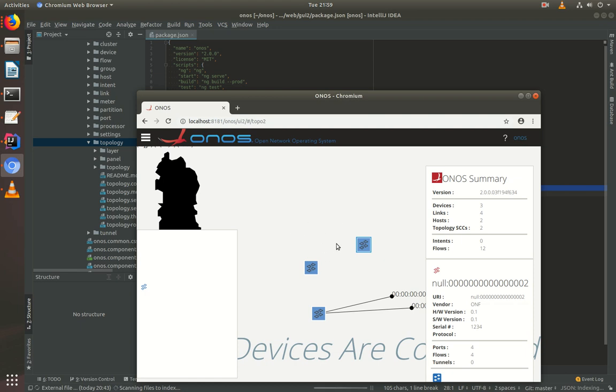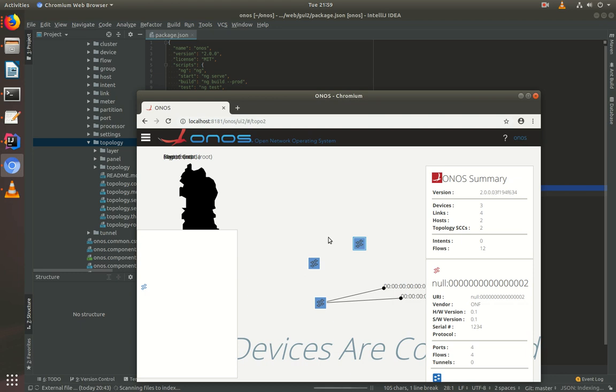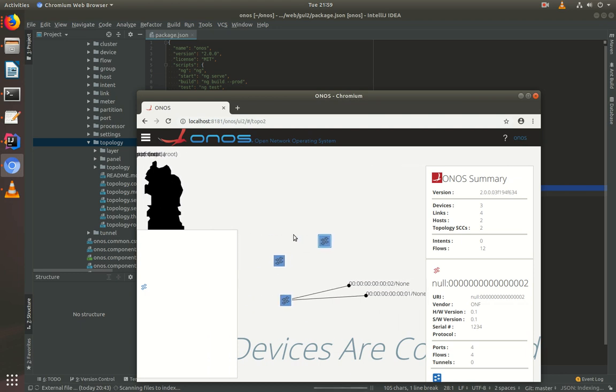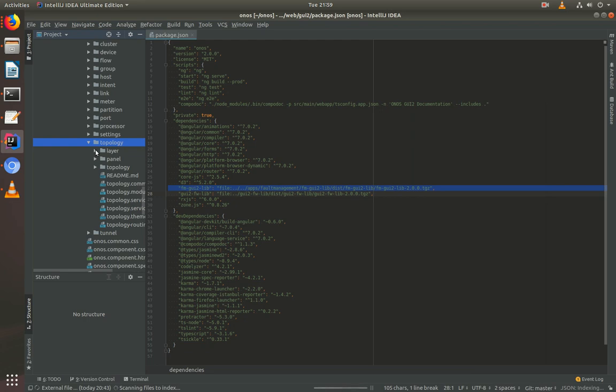So in addition to the dragging of nodes, I've implemented the zoom as well. So using the scroll wheel, I can zoom in and out, and also pan by dragging across on the viewport as well. So just to discuss a little bit about it, the topology here has been laid out in this